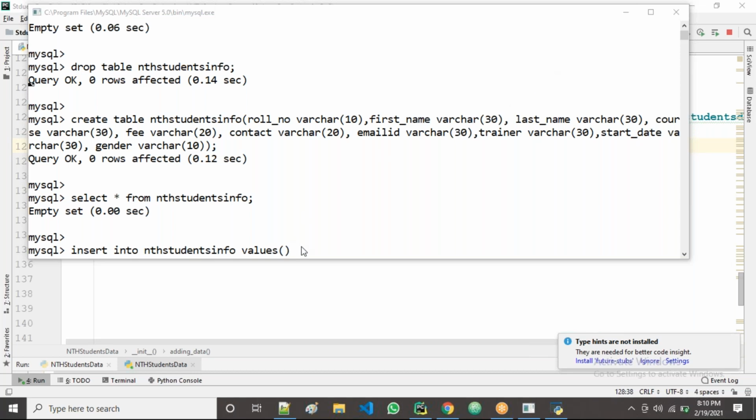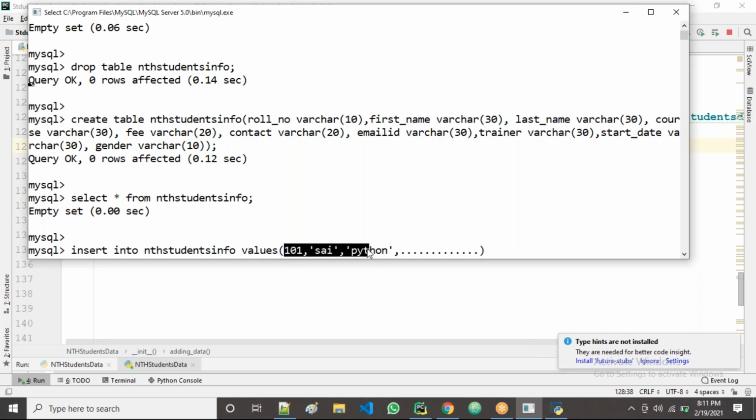Yes, guys. Now values of, then we give the number, we give the first name, the last name, right? Means what do we do here? We're going to give all the values statically, like 101 comma, next one suppose Sai as first name, then last name Python, like this. We give all values one by one.